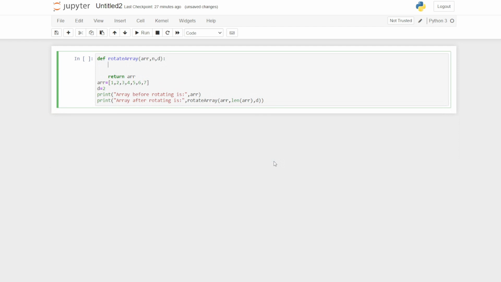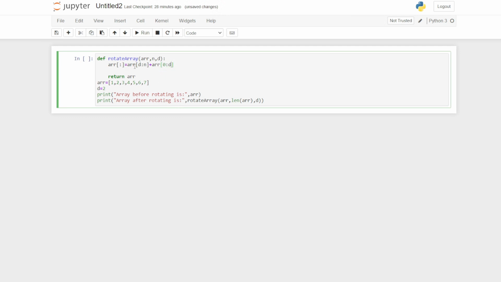So in the given function rotate array, we will do arr, brackets colon bracket close, is equal to arr array from, sorry, first we will take from d to n, then we will add the array from 0 to d.